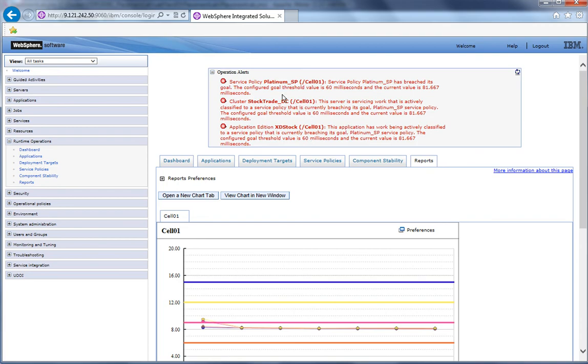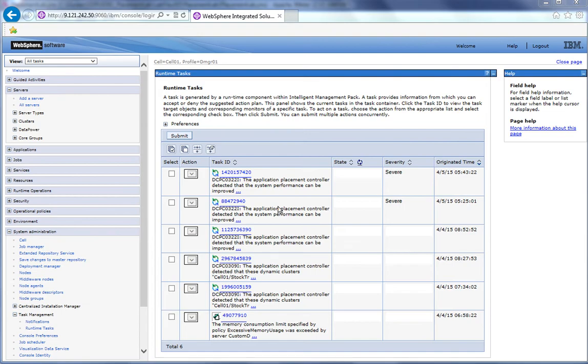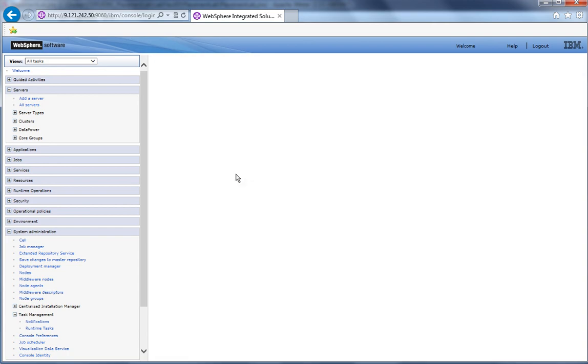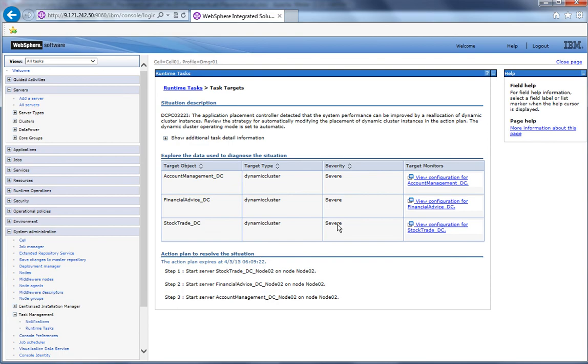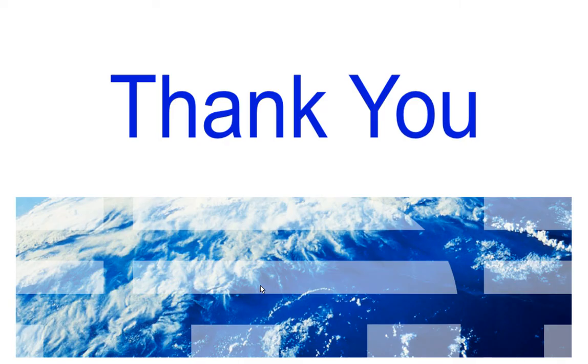So we could see some operational alerts for the platinum service policy. So we could see a runtime task created due to the operational alerts we have seen. Let us see what is the information available in the task. We could see the severity. As part of this demo, we have seen how to configure